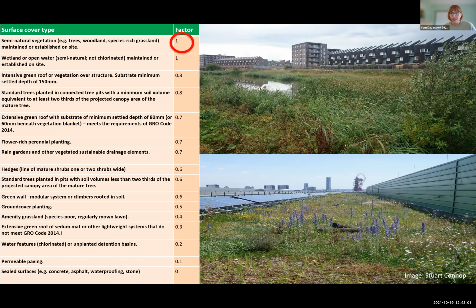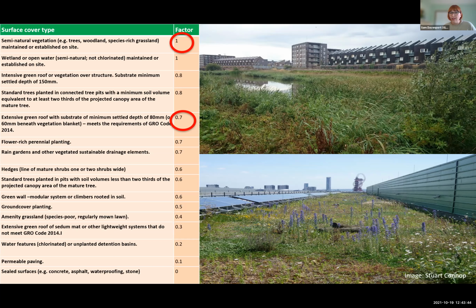So for example, the picture at the top right hand corner of the slide is a natural wetland that's been provided in a new development, and that would score a factor score of 1 in the UGF. And the green roof at the bottom of the slide would score a factor score of 0.7 in the UGF. It's an extensive green roof, and the score is based on the substrate depth of the green roof. As you can see, these factors go through from semi-natural habitats, trees, green roofs, down to features like permeable paving, which score 0.1, and then sealed surfaces, which all score a factor score of 0 in the